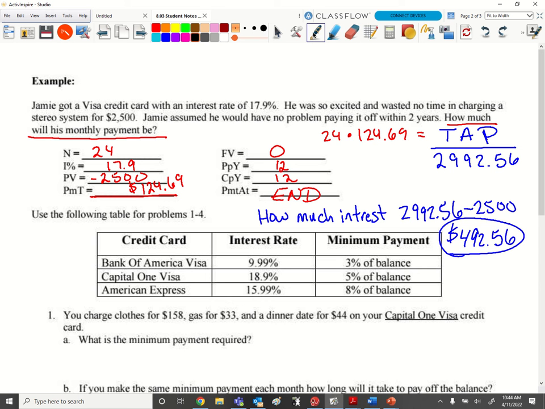Good job. So what we're going to do is finish up these examples here, and I'm going to show you how to do it on your calculator. Because when we were doing it the other day, I told you we'd go step by step here, and we were going to finish the notes. So what we're going to talk about is